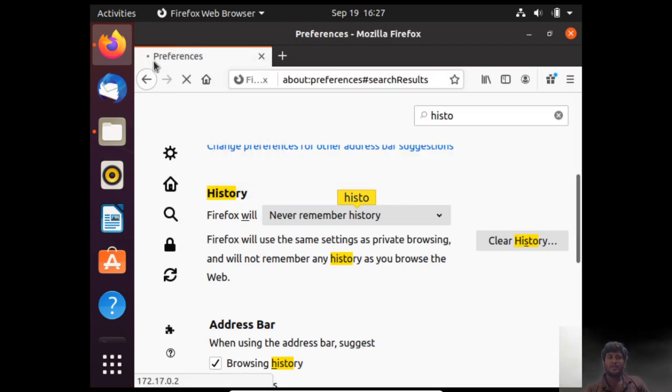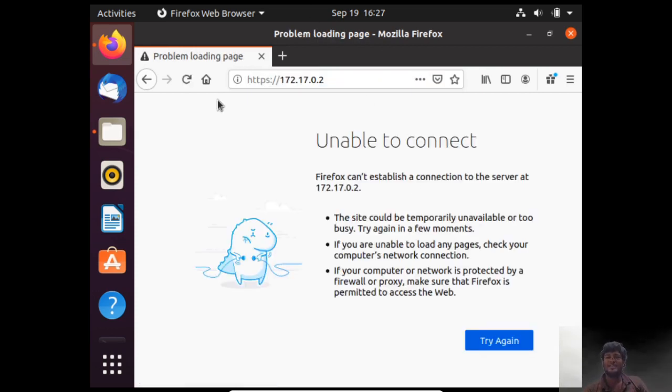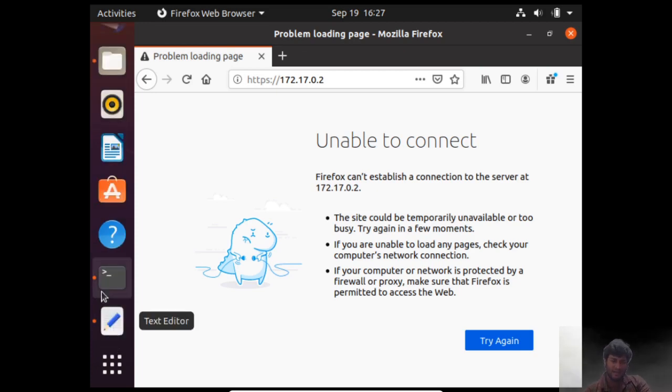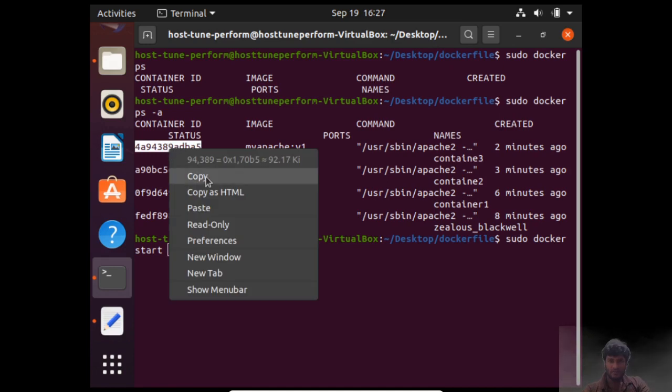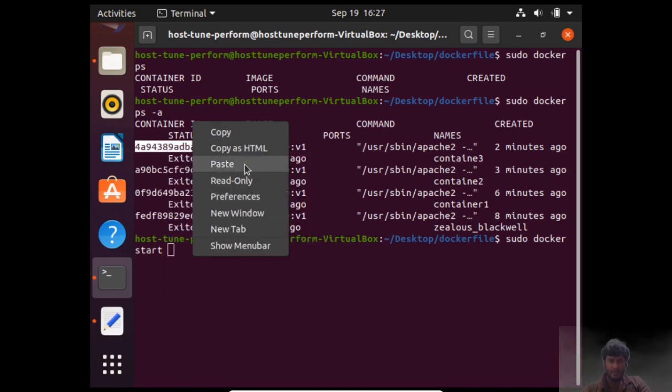You see, here this is just running. This will not show me anything because I have deleted all the cache. So that's why this will not be running, right? Because all the containers are stopped. But if I say sudo docker start and I will just copy it and let me paste it.